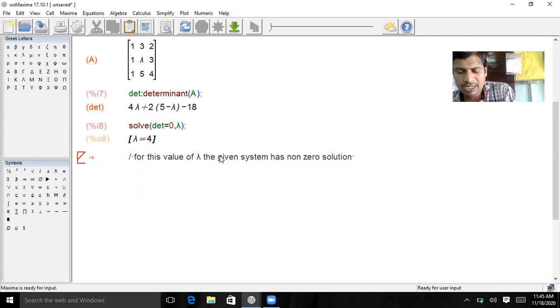After that, take the star, then that slash. Okay. Next, go to, only you press the enter. Then lambda is equal to 4. You know that one, lambda value. That's why you write the lambda is equal to 4. Take lambda, then equal to, that is 4. Then dollar symbol.